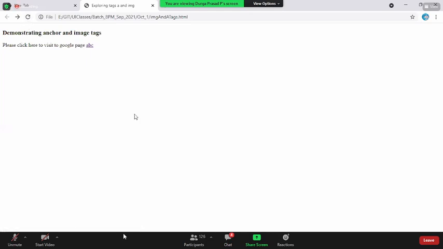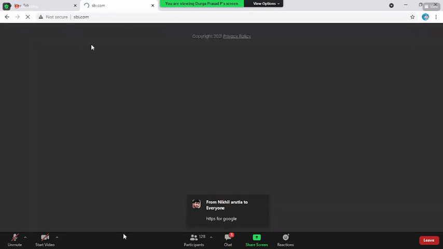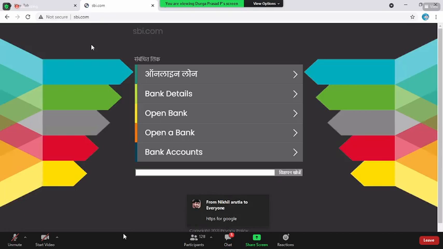By default, the anchor tag renders the content in blue color with an underline. And whenever you move your cursor to a link, it automatically turns to a pointer. The pointer indicates that it is a clickable part. Once you click on it, it will redirect to something. Whenever I click on this ABC, see here, from our web page, is it not going to a web page called sbi.com? Yes, it is. This is how you can create a link to an external web page using the anchor tag.